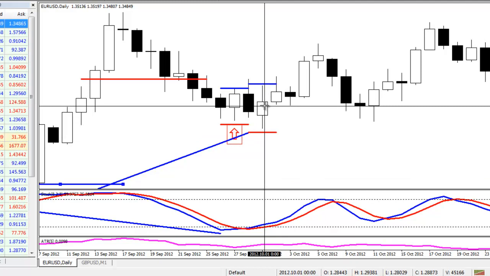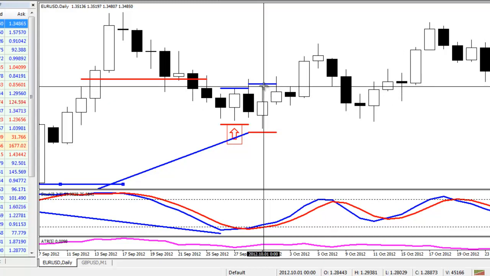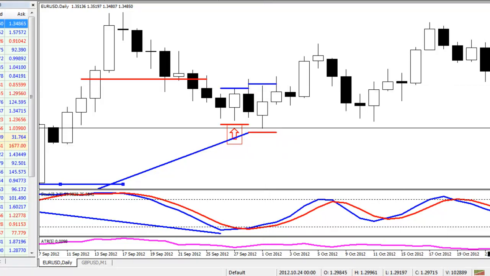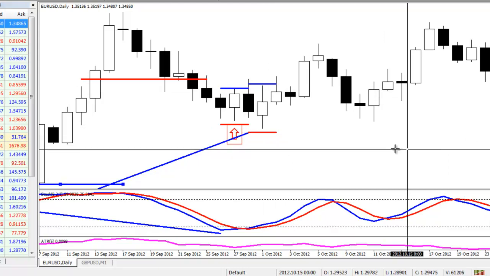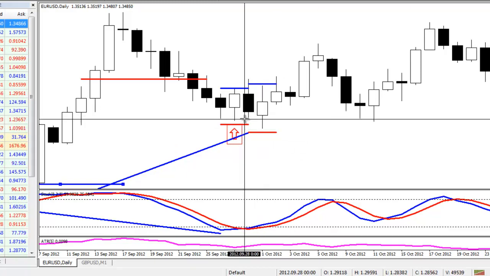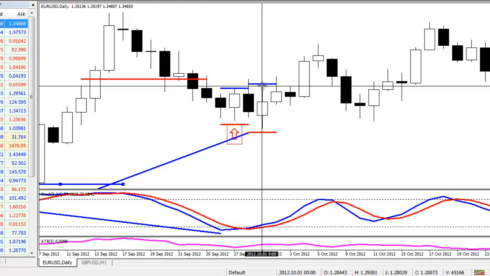The entry order, of course, is 2 or 3 pips above the high because we're looking to go long through here. And it's 2 or 3 pips above the high of this candle here, which is the entry candle. The stop loss is 12.8 pips, so pretty much 13 pips underneath the lowest low of the last 3 bars, the last 3 candles, which we can see is actually the current candle. So we're actually risking in this case